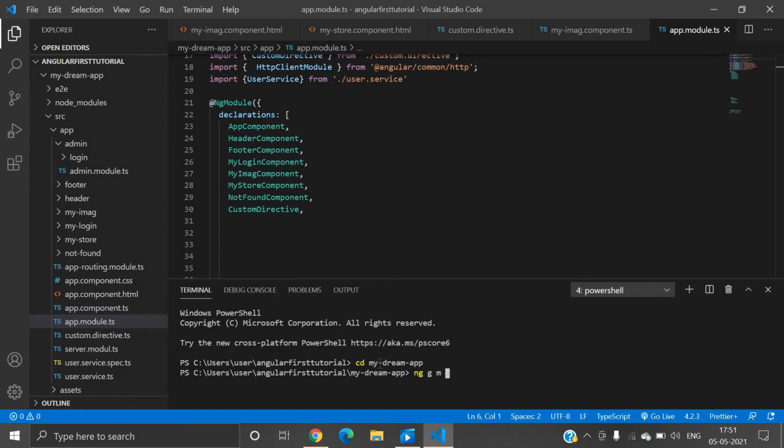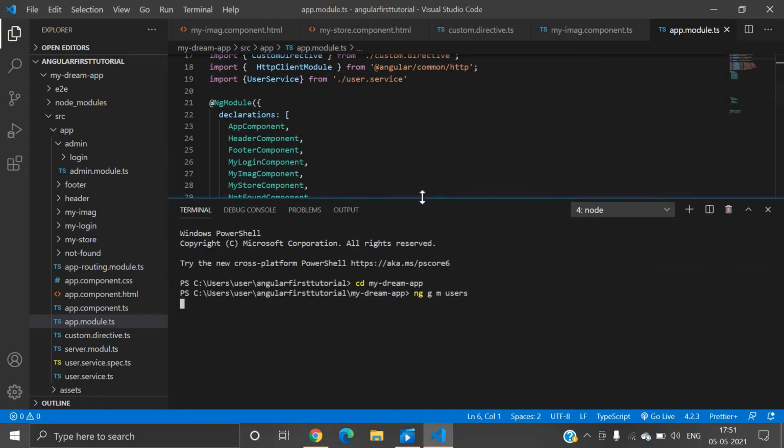You can write any name. Let's say users. You can create it manually, but it will take some time.